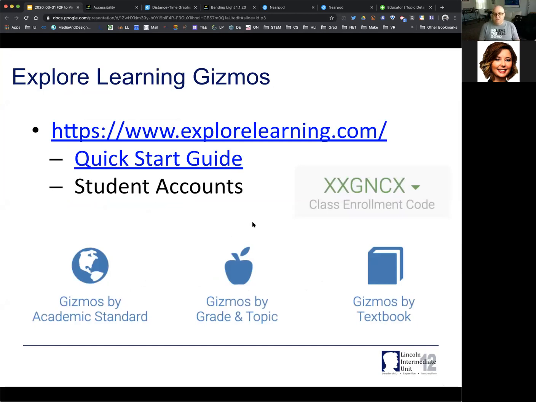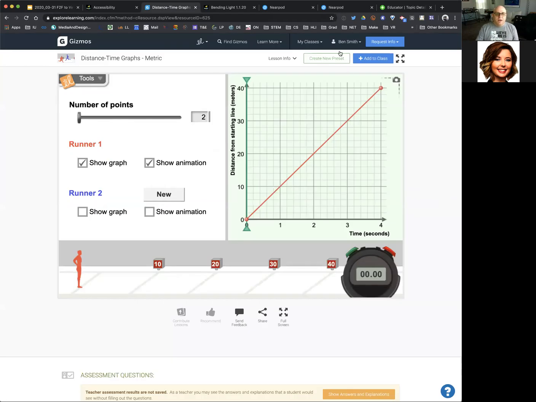The question, can you use my code temporarily? There's less than 40 in here, so you shouldn't have a problem getting into the class code. If you want to check it out, I loaded in a few. I'm going to click back over there. I did load into my class a few